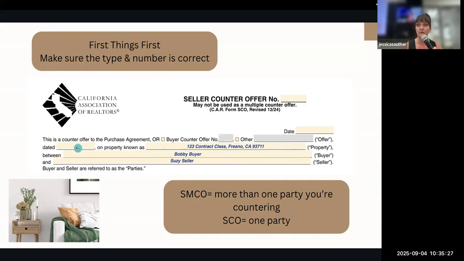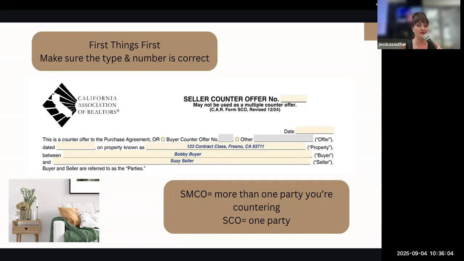And then the next thing we have to pay attention to is the date. This date right here is not the date you're completing this form. It's not the date the offer was written. It's the date of the document you are countering. So if it is the first counteroffer, you're going to be writing the date that the purchase agreement was dated, not when something was signed on the purchase agreement. It's the date that it was filled out, and that's at the very top of the purchase agreement, okay, the